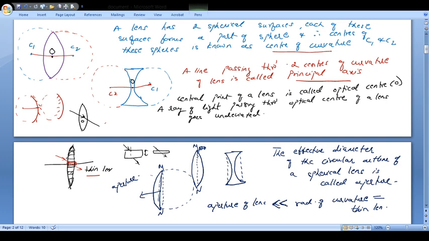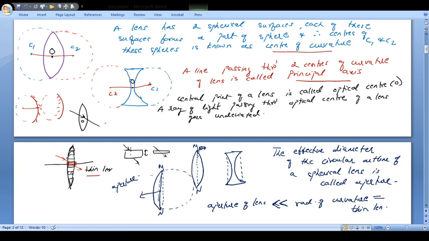Now see, we had the same kind of terminology in mirrors. Here also now we are talking about center of curvature, we are talking about the aperture, we are talking about the principal axis. Now let us try to see what is meant by the principal focus of a lens. Now this radius of curvature definition is not there in the textbook, but I hope if they ask you, you will be able to write what will be the radius of curvature.